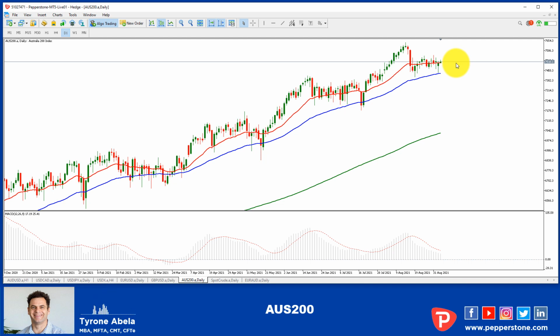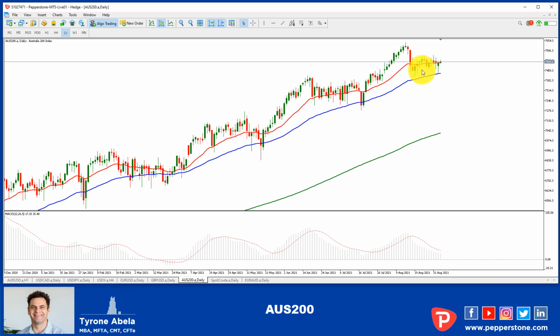We are in a seasonal weakness time. September is seasonally weak for the Aussie index in particular, mainly because it's dividend earning season. And of course, when the dividends come out of the stocks, the prices drop by the level of the dividend in a normal situation. So what you're going to see is natural progressive weakness throughout the index, because of course it's made up from the stocks. So knowing that we're in a weaker time of year, we would probably expect that the short's more